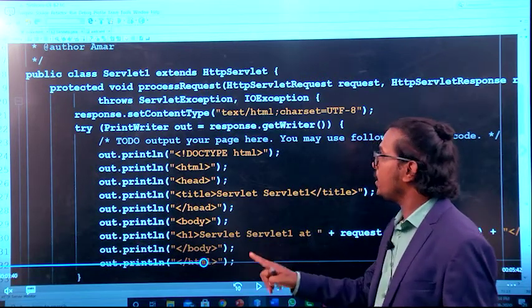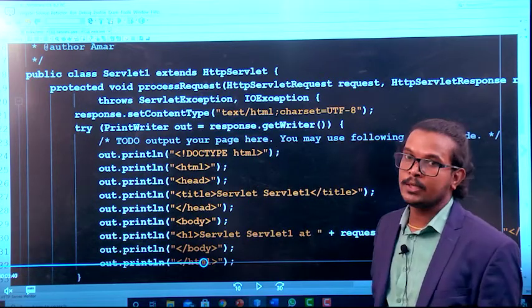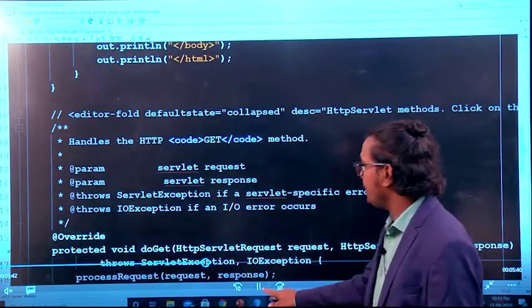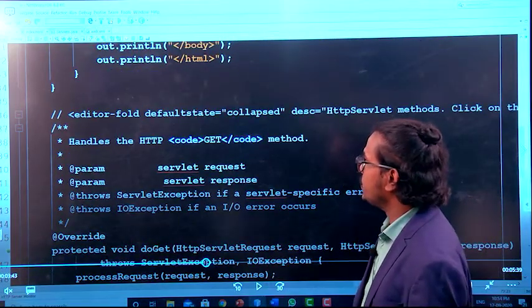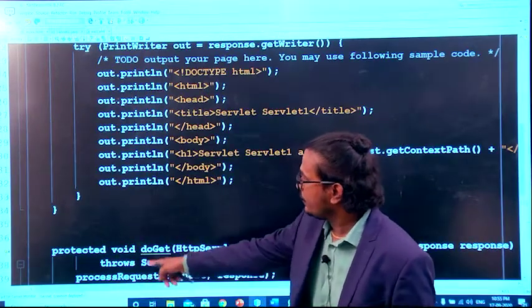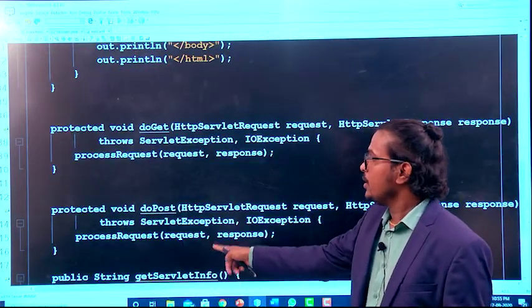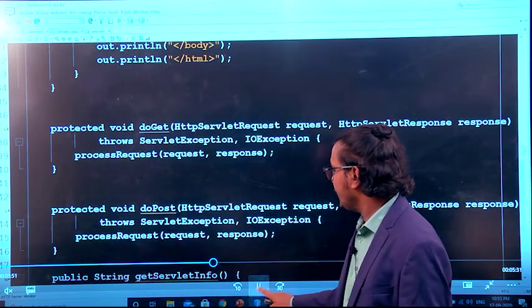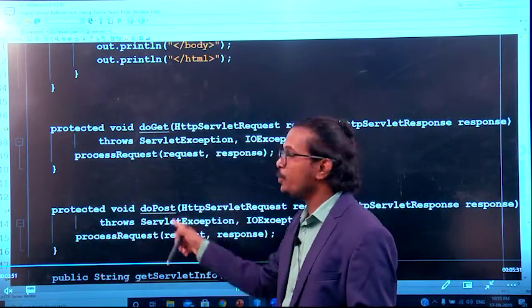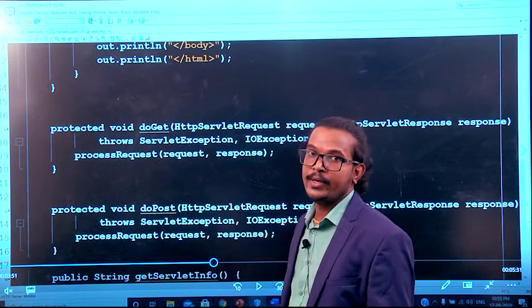Okay. And here one more thing you have to remember: we are not sending this particular processRequest directly. How are we sending this particular processRequest? With the help of the doGet method. With the help of the doGet method, we process the request, we are calling that particular processRequest method. Okay. So directly your web container will map to your doPost method or doGet method based on the client request. Okay.